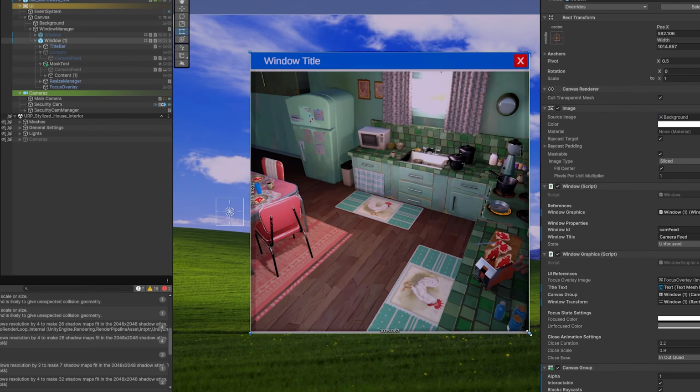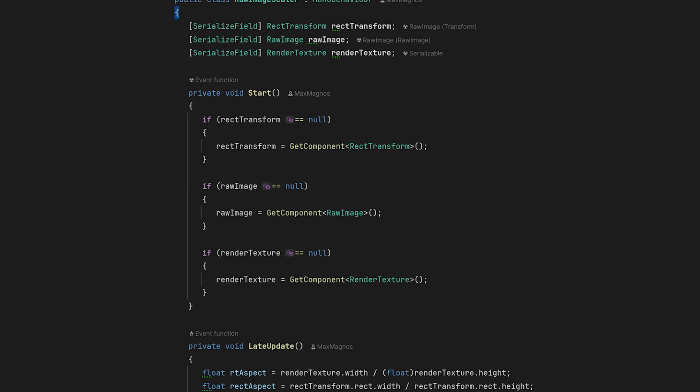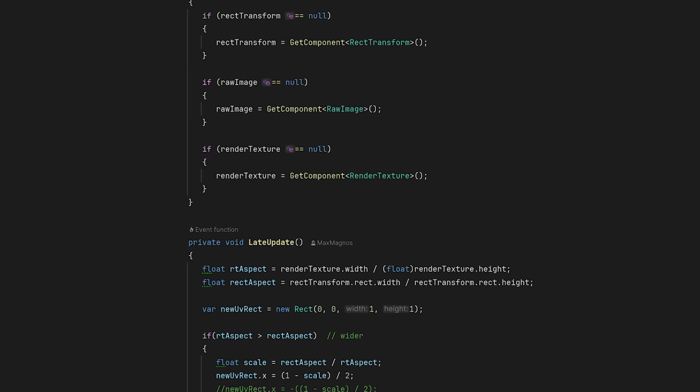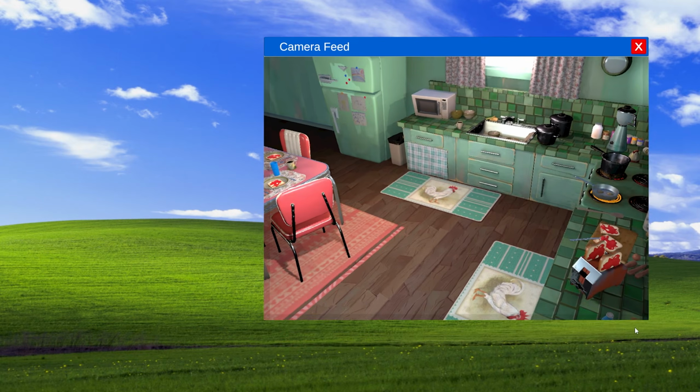Oh. Yeah, since the render texture has a fixed aspect ratio, it stretches whenever the window doesn't match it. My first idea was to stretch the image horizontally and then cut off the excess using a rect mask, but it turns out that the raw image component, which you need to display a render texture, doesn't actually support masking. Thanks, Unity. So instead I had to create a new script to fix this. It may look much simpler than the resizing script, but getting it to correctly handle the cropping by constantly recalculating the UV mapping took me like 3 times as long, though I did manage to get it into a working